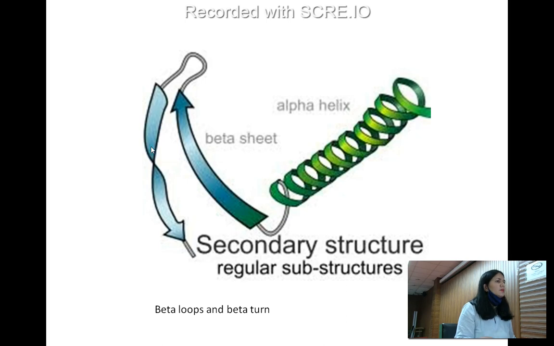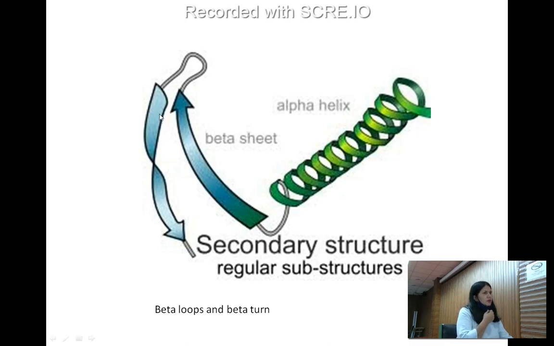Anti-parallel. Yes, anti-parallel, good. It is an anti-parallel beta pleated sheet, isn't it? So if somebody asks you, this is a protein, what types of structures are present in this protein? You will say that it has a secondary structure, that is the alpha helix, and two beta pleated sheets. Since the orientation of these two beta pleated sheets is opposite, that's why we call them anti-parallel beta pleated sheets. Here the two carboxyl ends will be opposite, so it is an anti-parallel beta pleated sheet.